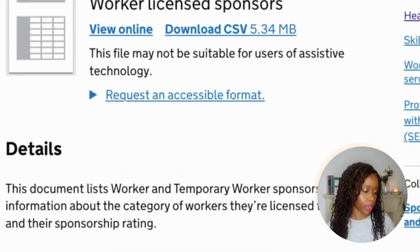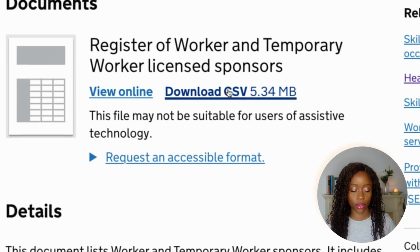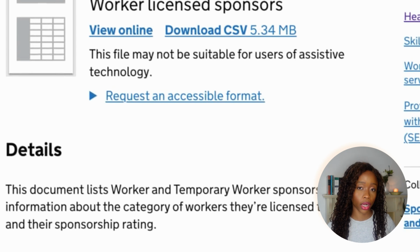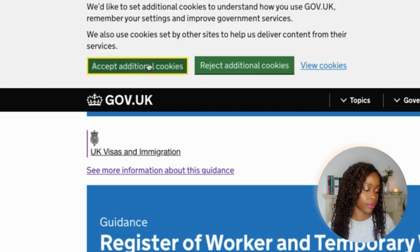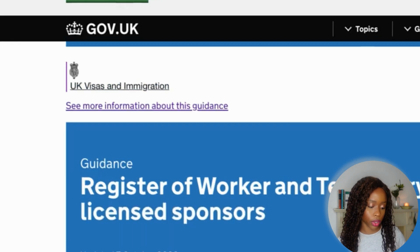So what you want to do is click this document here. It gives you the option to either view this online, or you can download it as a CSV, which means that it will be downloaded as an Excel file that you can then manipulate, because the list is quite long, so you won't be able to see the full list of organizations just viewing it online. You probably have to download it into an Excel file, okay? So let's have a closer look at